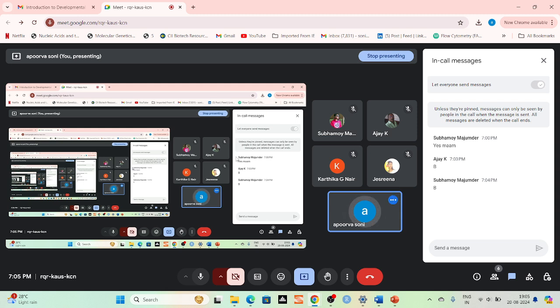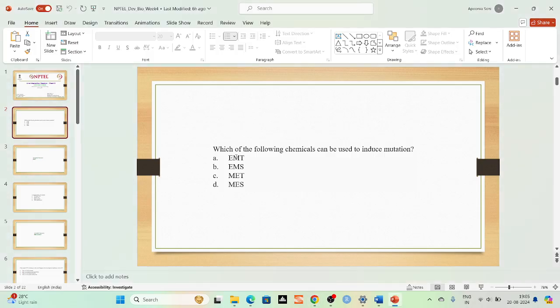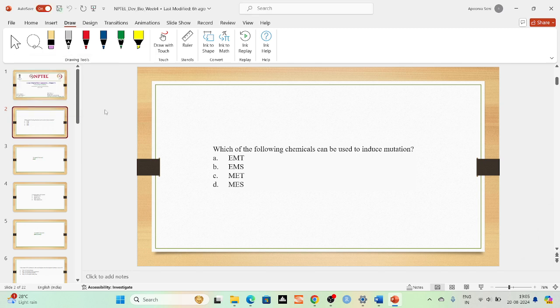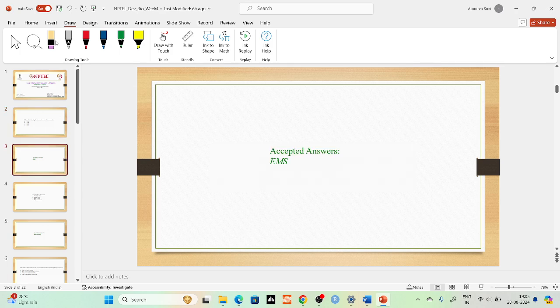EMS stands for ethyl methane sulfonate. Okay, ethyl methane sulfonate. Just a minute. I'm sorry, I'm not very well today, so maybe that's why my voice is not loud enough. Okay. So the correct answer is EMS. EMS stands for